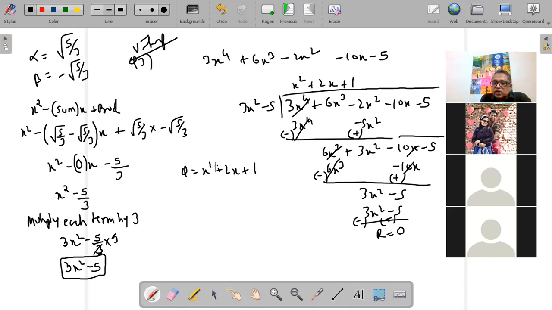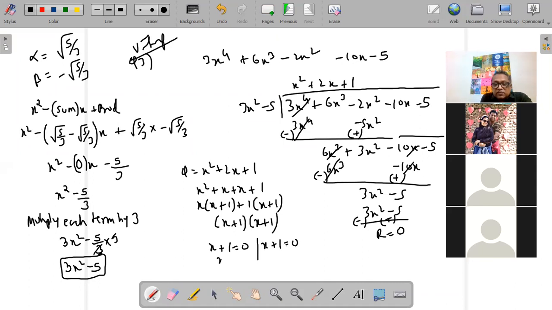कोशेंट का स्प्लिटिंग द मिडिल टर्म करेंगे, x square plus 2x plus 1 जो है उसका स्प्लिटिंग द मिडिल टर्म करेंगे, मल्टीप्लाई करने पे x square एंड ऐड करने पे 2x, सो योर फैक्टर्स आर x and x। स्प्लिटिंग द मिडिल टर्म सेकंड एक्सरसाइज में है और 9th में भी आपने किया है। तो जब हम स्प्लिटिंग द मिडिल टर्म करेंगे तो आपके फैक्टर्स क्या आ गए, x plus 1 x plus 1। नाउ you equate it to 0, then what will you get, x is equal to -1 and -1, दोनों सेम आएंगे। So 2 zeros alpha and beta were given, now we have found 2 more, तो आंसर क्या है, 4